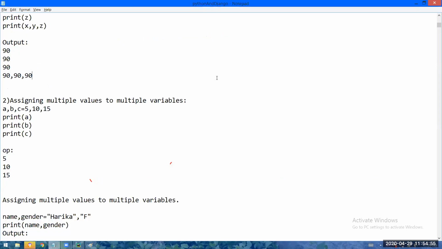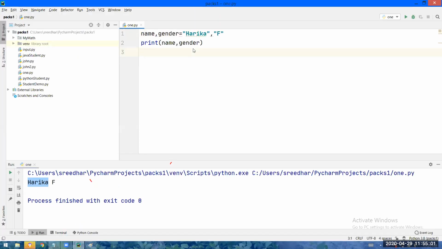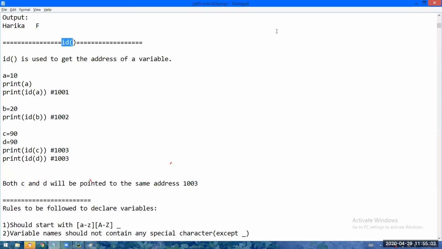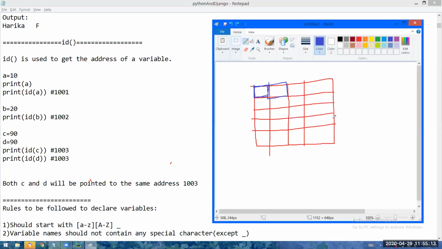Next, I will tell you what the id function is. You will have your own address, I will have my own address, and some other person will have his own address, right? So I told you the entire computer's memory is divided into different cells.